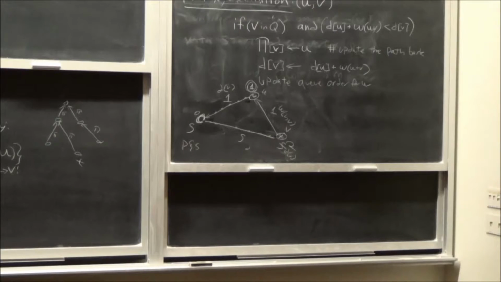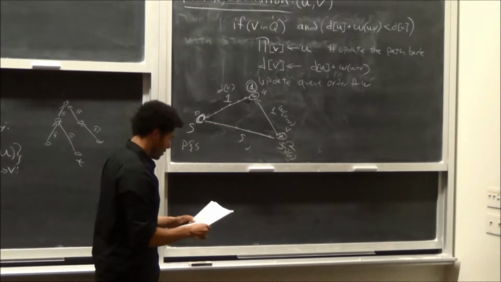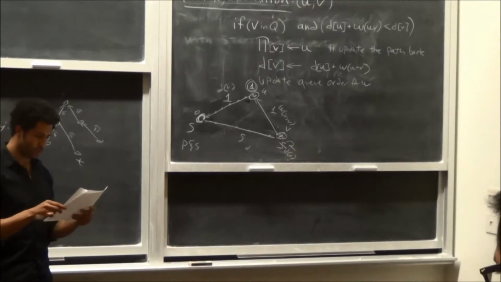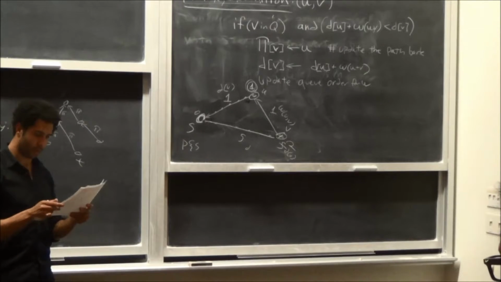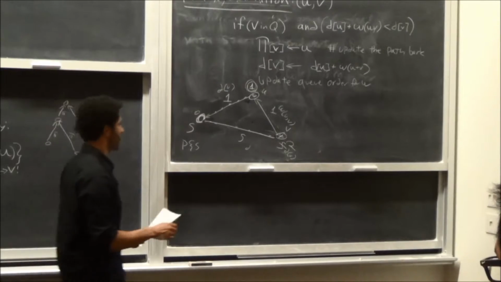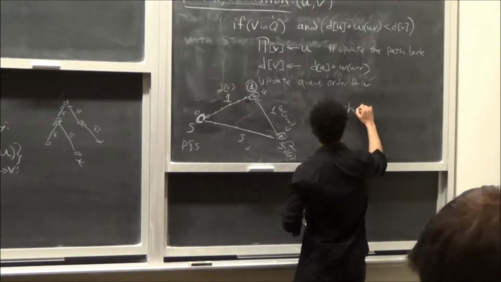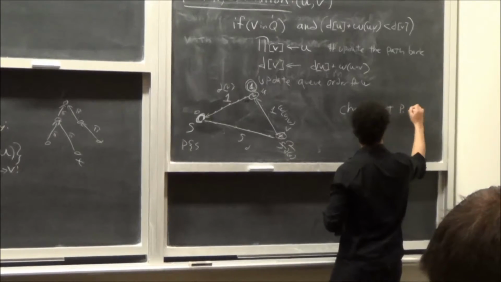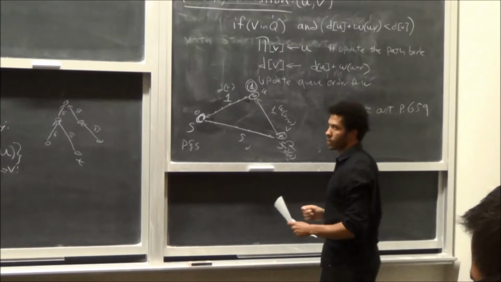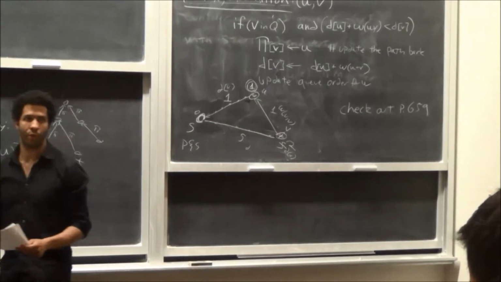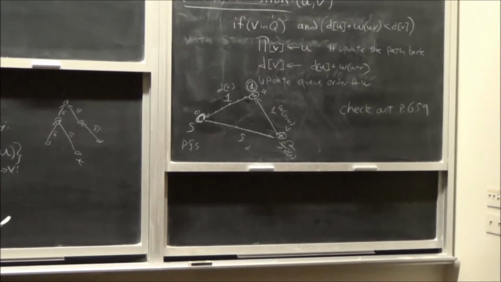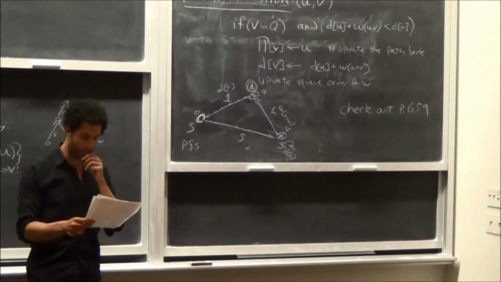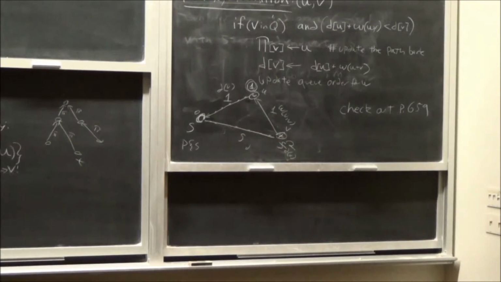I thought I had worked one, but I had to make one up. There's a really good example in the textbook on page, where did I put it down here? Page 659. So check out page 659. And it's a good exercise just to work through Dijkstra's algorithm step by step. It can teach you a lot. And it's a pretty clever algorithm. It doesn't necessarily seem intuitive, but